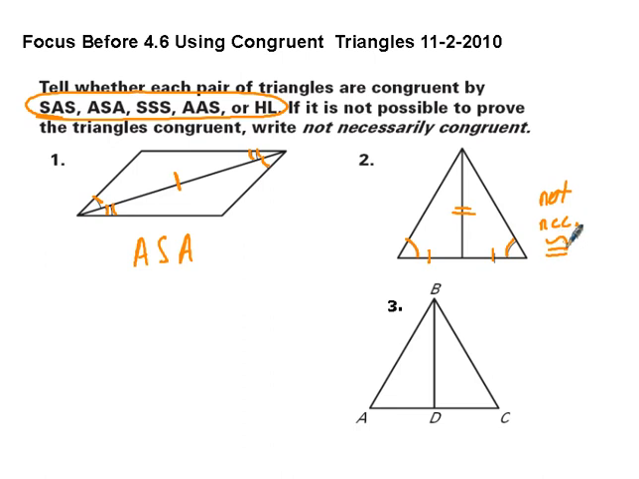Coming down to problem number 3, in this one we can use the reflexive property to show this is congruent to itself, and that's all they gave us in that one. So this one is also going to be not necessarily congruent. Let's go ahead and look at the next